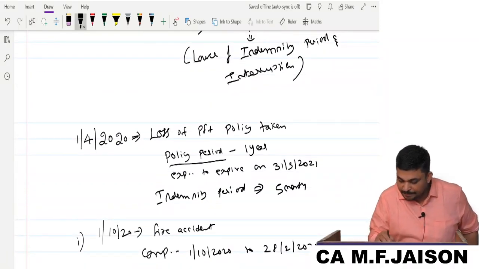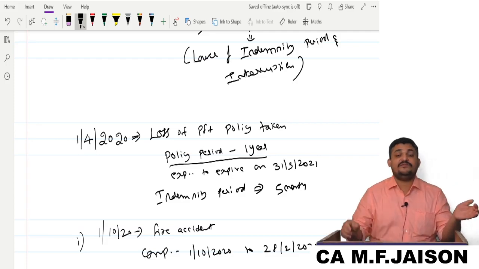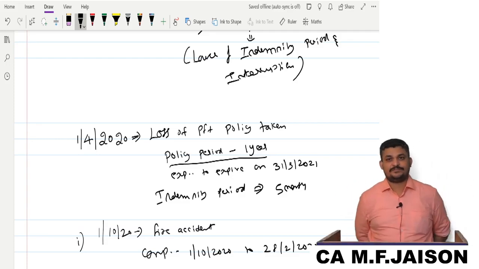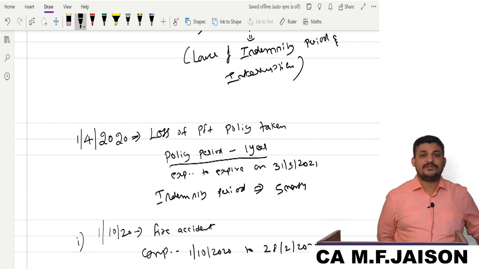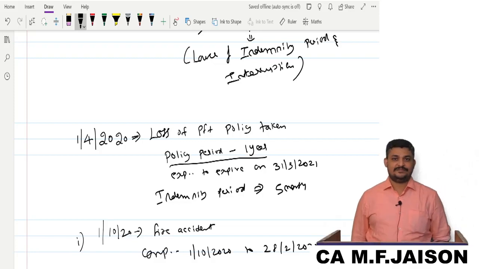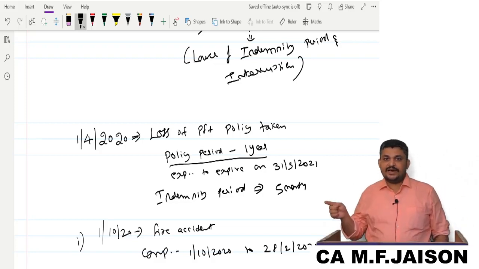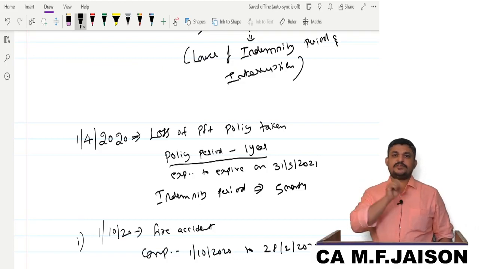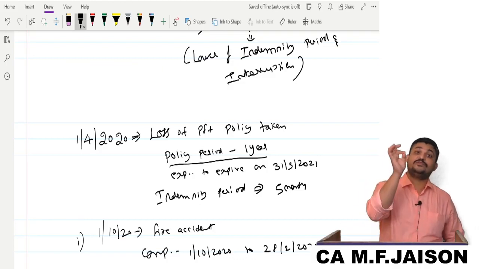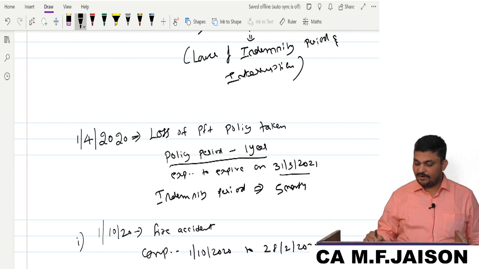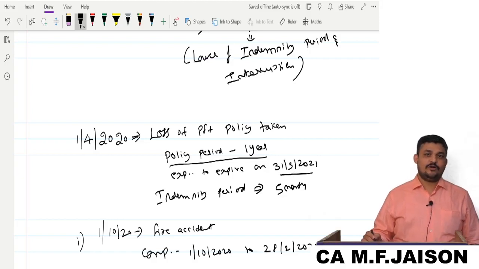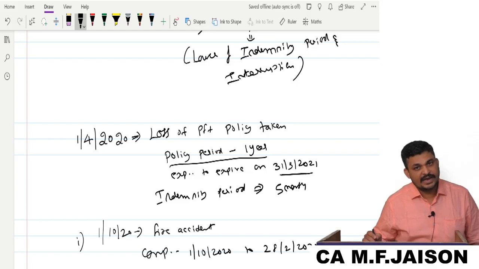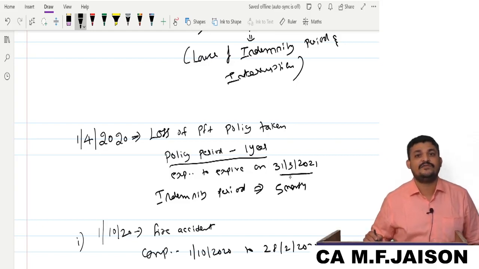The term policy period means it's a period during which the fire accident should have taken place. That is what we call a risk period or the policy period. After a fire, 5 months is always applicable. Suppose a fire accident occurred on 31st March 2021, the expiry date, at 11 p.m. Then is the policy applicable? Yes, you will still get compensation for a period of 5 months.